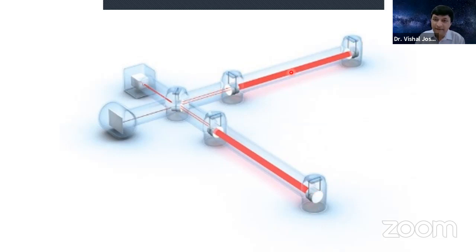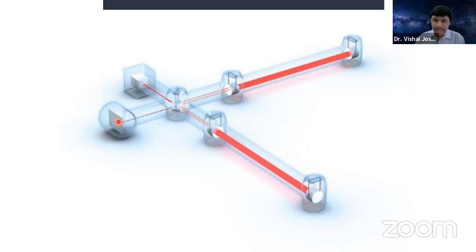Here, we are reflecting the beams back and forth between these two intermediate stations multiple times, 100 to 1000 times. And then this partially reflective mirror allows the beam to come back,